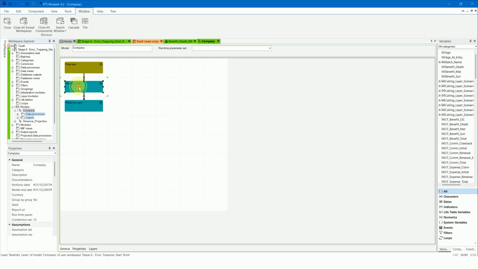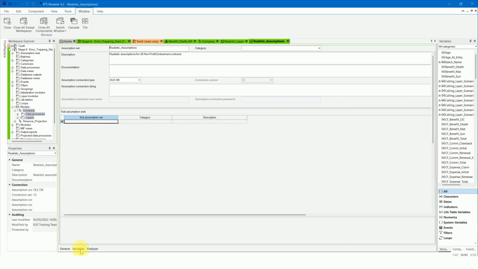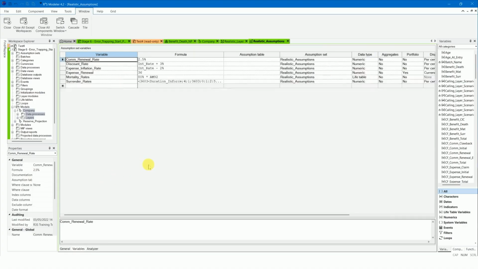Open the realistic layer and check the assumption set, realistic assumptions. Go to the Variables tab, and we can see int rate is missing.